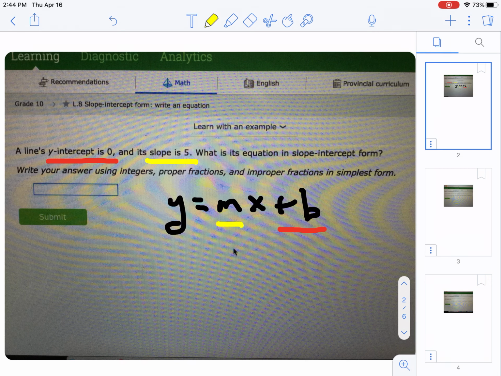So all we do is substitute the numbers in the sentence into the equation. So we would write this as y equals 5x